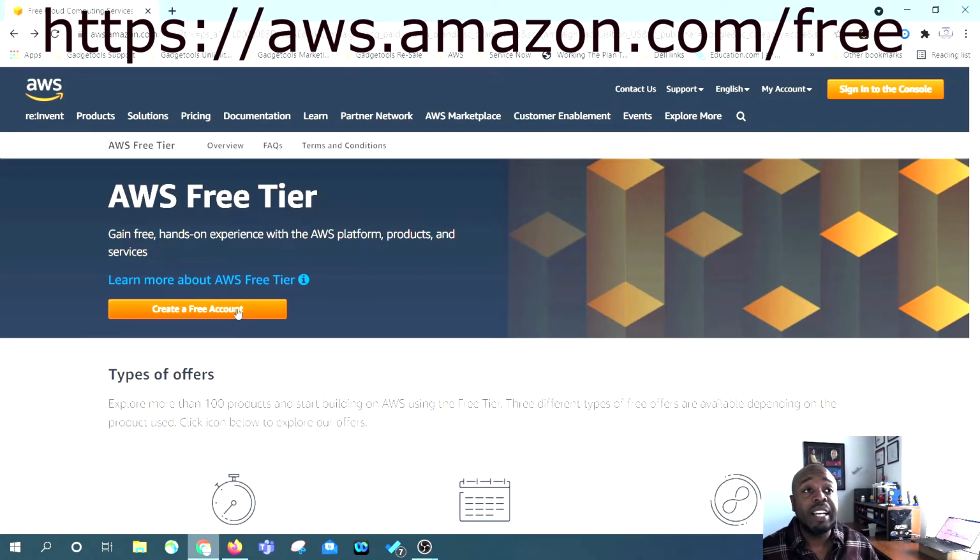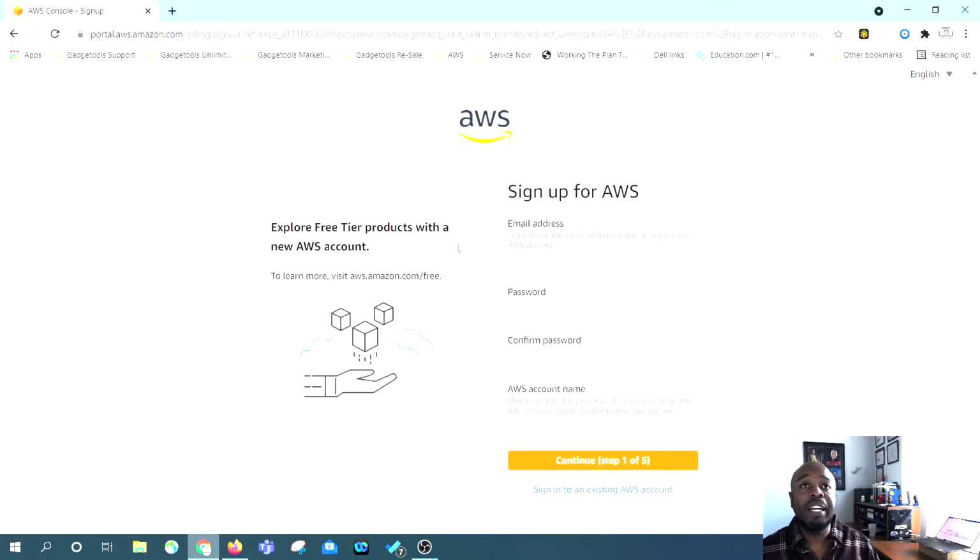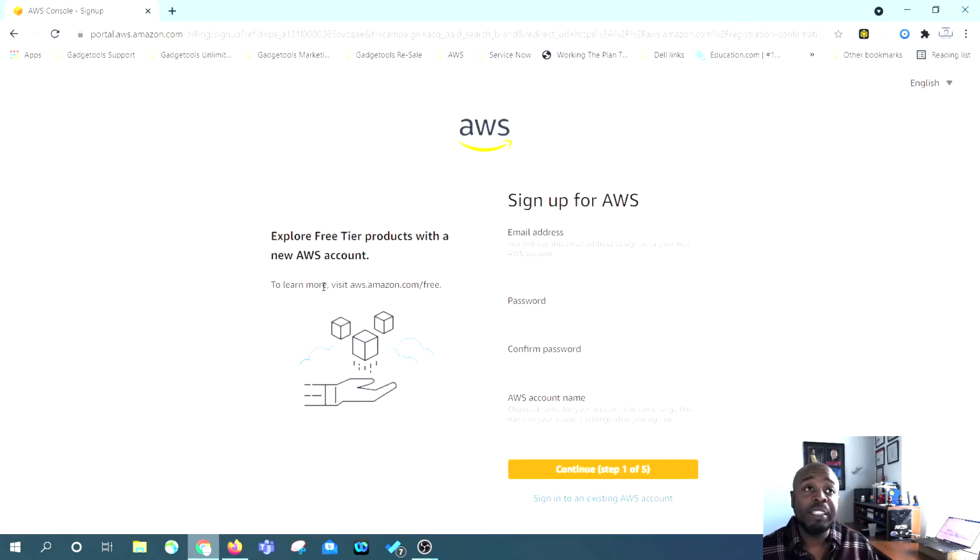So right here, we're gonna say create free account. It'll bring us to this page and it'll ask us for some information. And so we will just enter that information. Email address is going to be